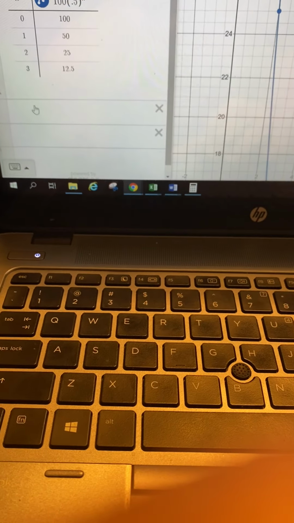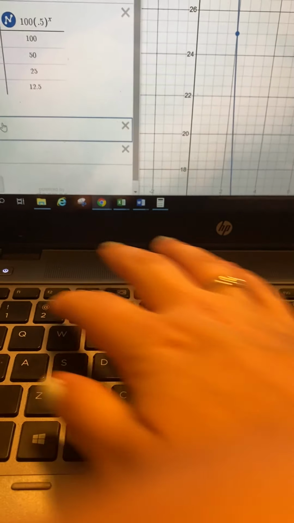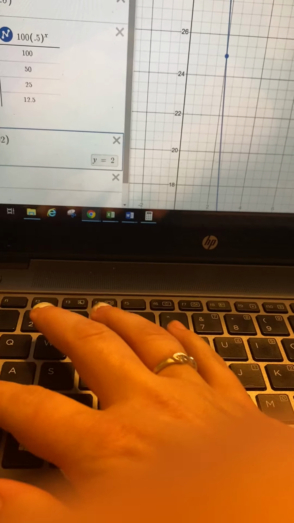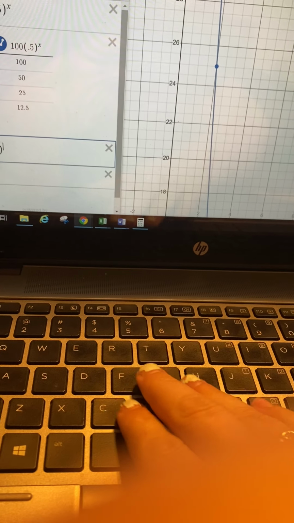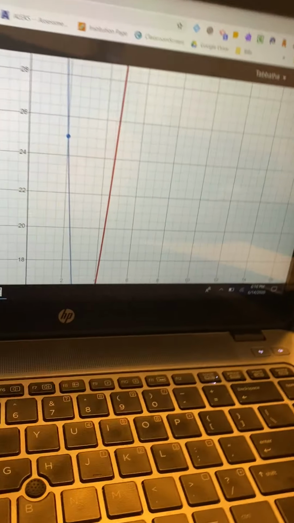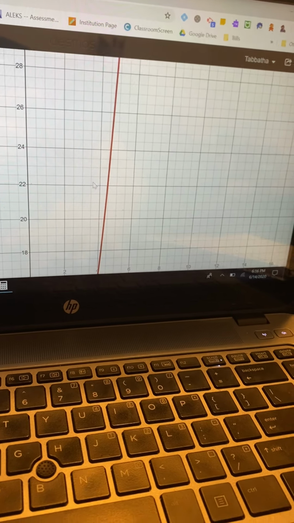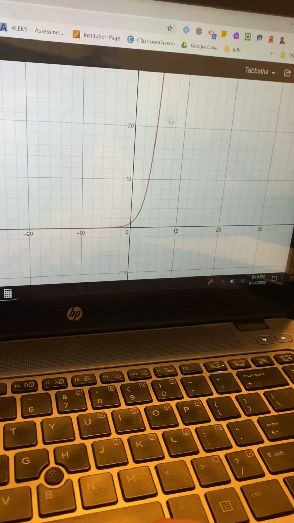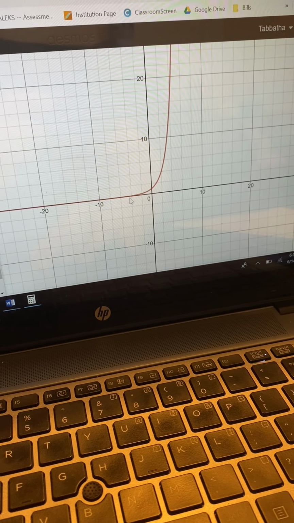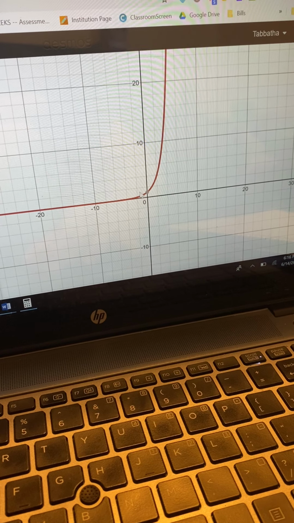Okay, so let me show you what the graph looks like on here. So y equals, our starting number was 1. We are doubling each time, raised to the x power. So there's our graph. It looks like it's touching our x-axis here, but if we actually plot the points,